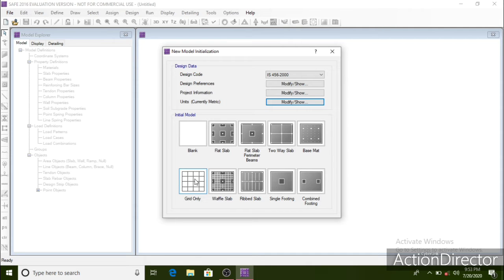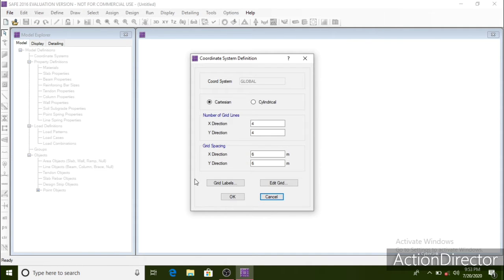Now click on grid only option. The building consists of 16 columns which are equally spaced at a distance of 6 meters center to center, with 12 columns having dimensions 500 mm by 500 mm and 4 columns having dimensions 600 mm by 600 mm.